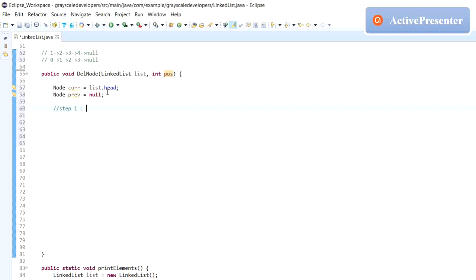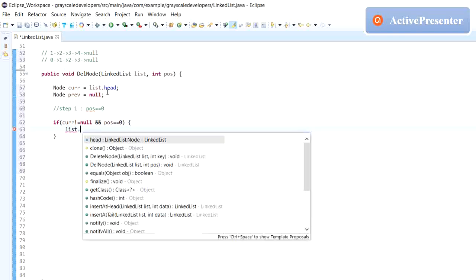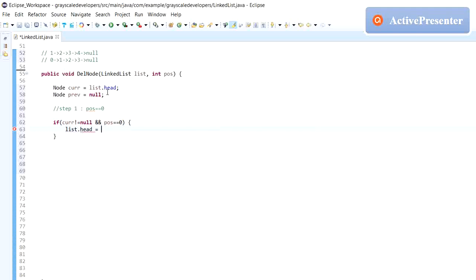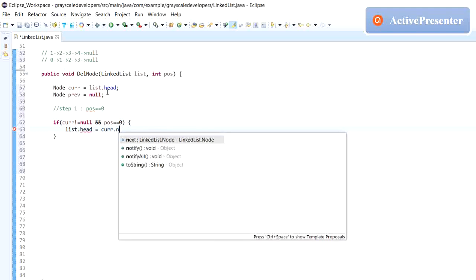Step 1: what if the position is 0? First we have to check that the node is not null. The node exists, only then can I compare the data. So if the current node is not equal to null, and the position is 0, then I have to make list dot head equal to current node dot next.